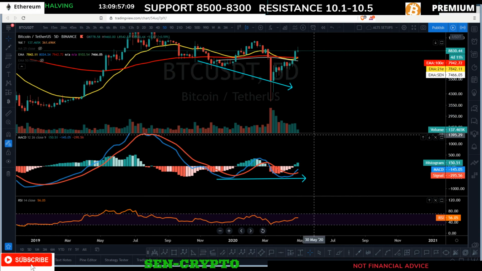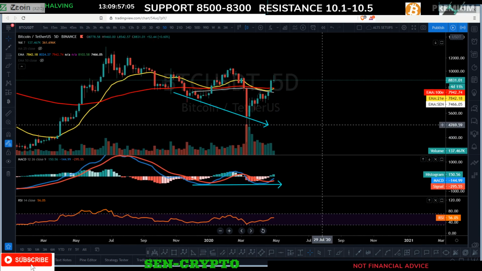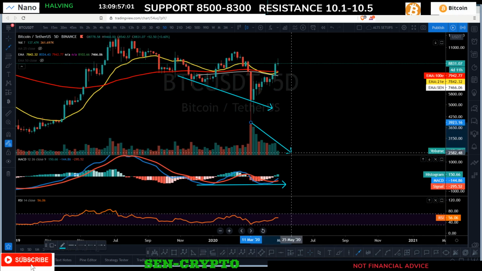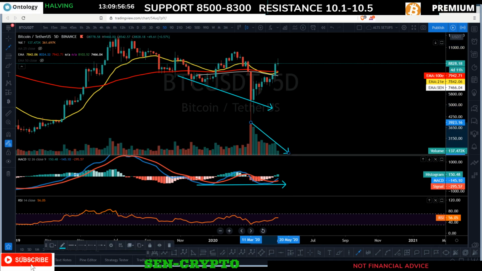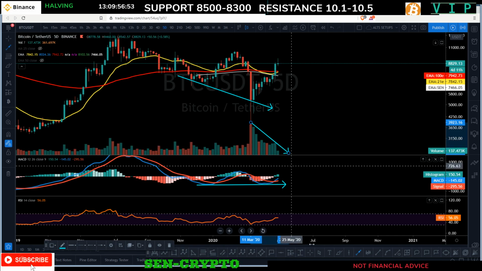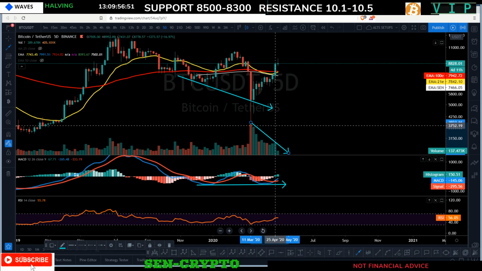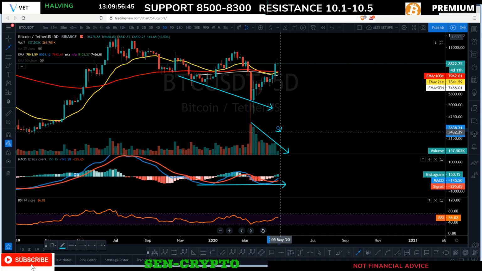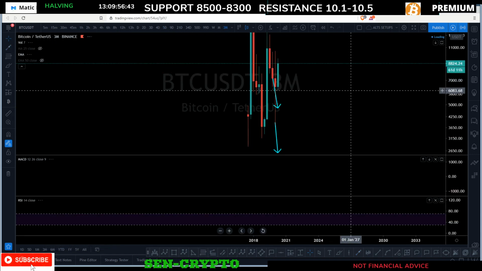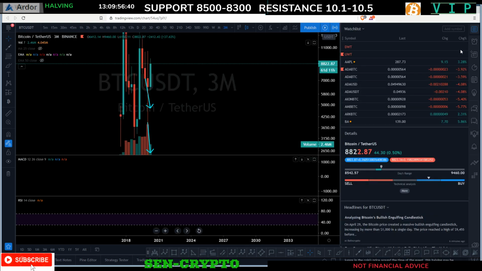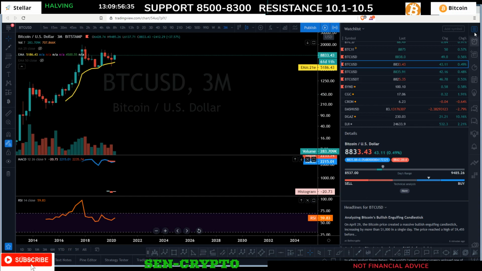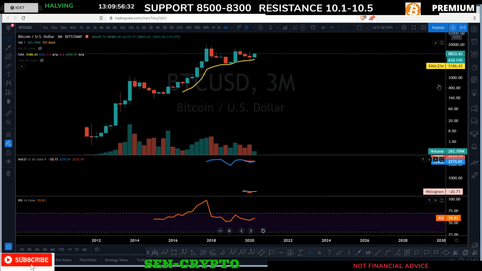Another thing we have to keep in mind is volume. As I said previously, volume can decrease sometimes while price goes up, but at some point we're going to need to break this trend. Volume can never go to zero. So if we're going to break this trend line right there, we're going to break it with very big volume. As I said previously, on the 3-month chart, if you go on Bitstamp, I showed you before the breakout, not after the breakout.